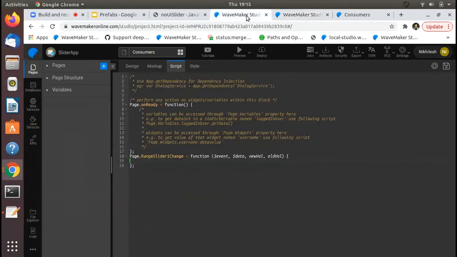So say you want to do some validations in your application, saying that when it's between 20 to 80, don't trigger the API call, or any kind of validations which you need, you can do it here. And since we are not passing all these values, we'll change this and say start val and end val. And you can do your custom logic here and call the variable accordingly. So yeah, I hope that you got a better understanding of prefabs now, and you'll be able to build out your own prefabs and realize the power of it, which is provided by WaveMaker.